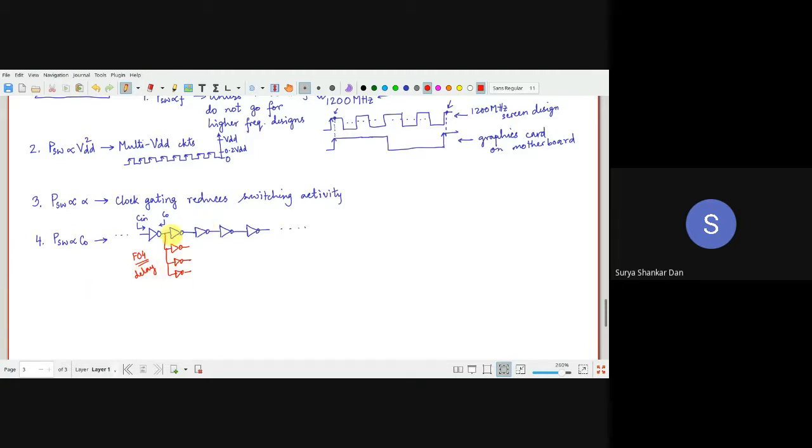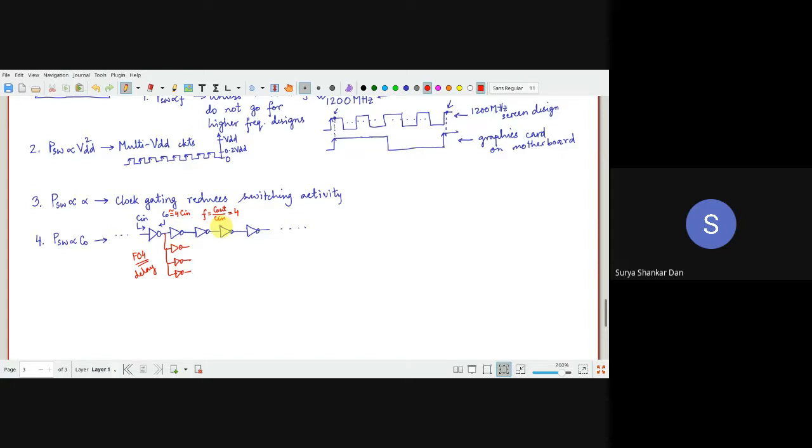That means fan out of 4. So if you give the same IC 4 instances at the output, what is the delay you are going to see? In this case, CO, the net output capacitance, will be roughly equal to 4 times C in, right? And how do you define the fan out? C out by C in. That is basically 4. Got it? We will look into the fan out in much more detail later on.